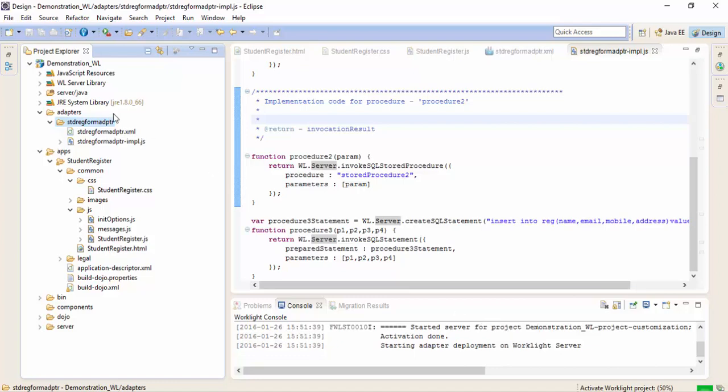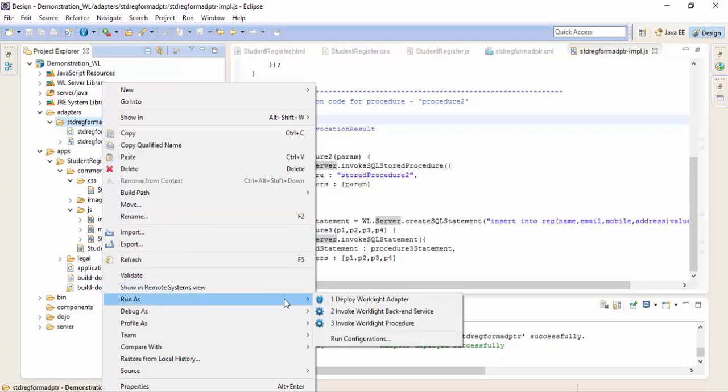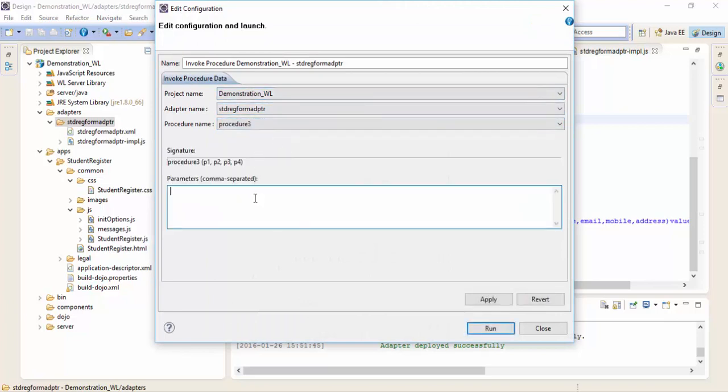Okay, now the adapter has been deployed on our Worklight server successfully, and now we have to invoke the Worklight procedure. The procedure name is procedure 3, and we have passed the parameters. John is our test name, to test whether our application is working or not, we are running this at the backend. Our parameters are to be passed in single quotation marks, as name John,